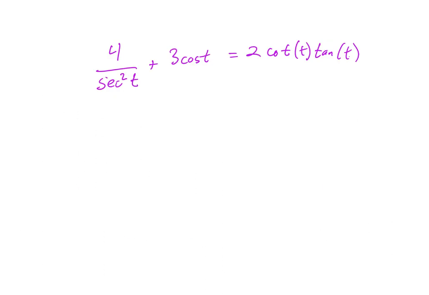All right, then this ball of joy here. We get started and people look at these and think, what do I do? Oftentimes a helpful thing is to just convert it into cosines and sines and work your way through it that way. So if I do that, I have 4 over, and secant squared is 1 over cosine, so this would be 1 over sine squared t. Don't worry, we'll reduce that complex fraction in a second. Plus 3, this is already a cosine t. And this equals